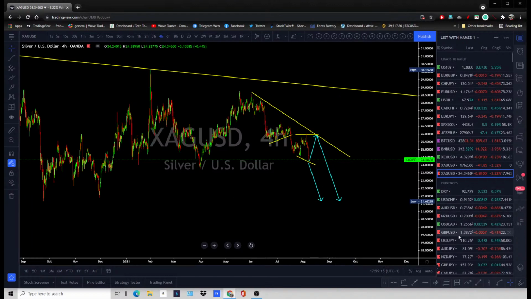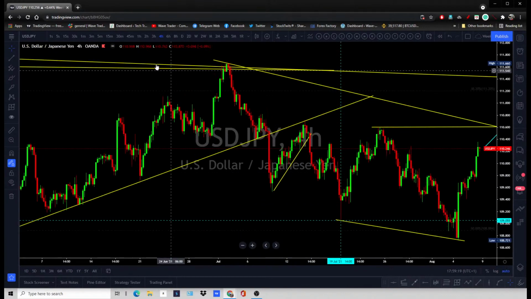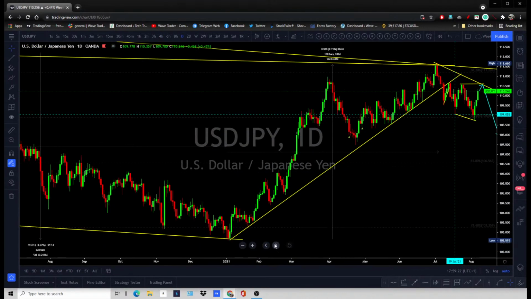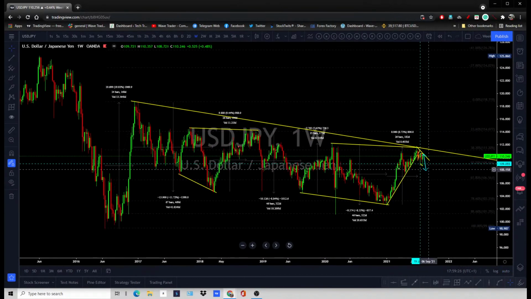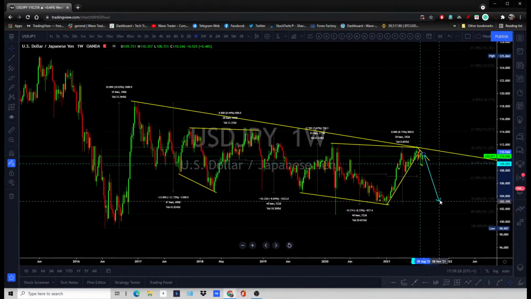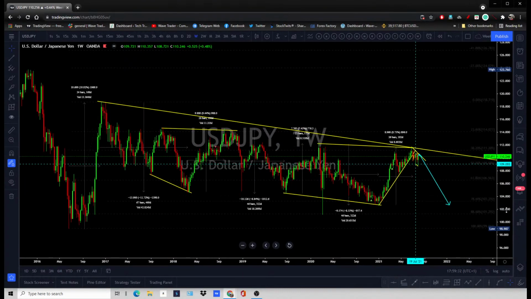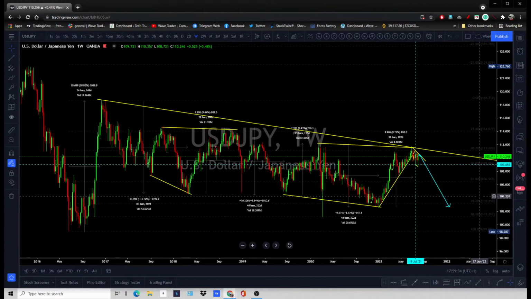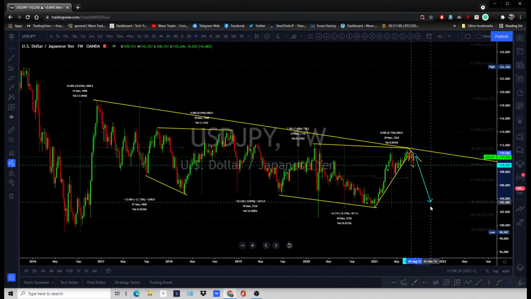All right, so dollar yen. Dollar yen longer term to drop. We have changed; changed means we are looking for this to go down now. It has almost completed its bullish wave, so you're looking for this to go all the way back to the 1 or 2 areas over time.